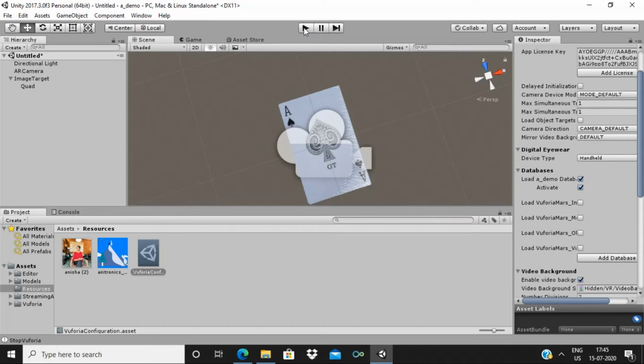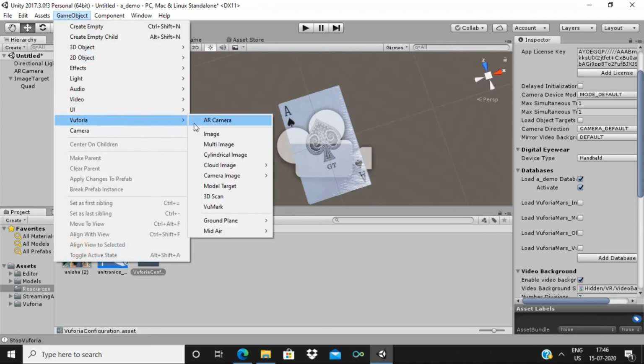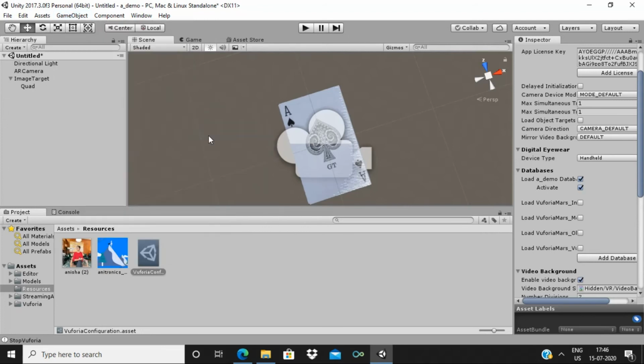Now I also want to show you another thing. The same for the image target, that is, I want an image to be superimposed on our target, and for this the same procedure needs to be followed. So what you do is go to game object again, go to Vuforia, go to image here.